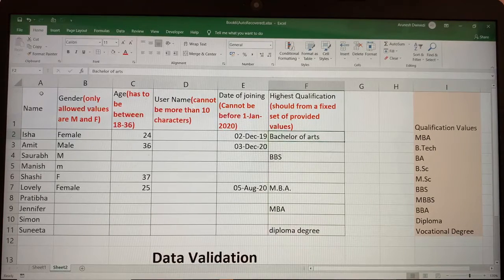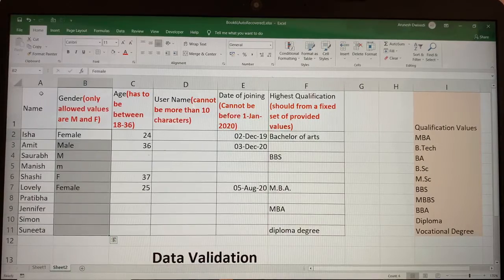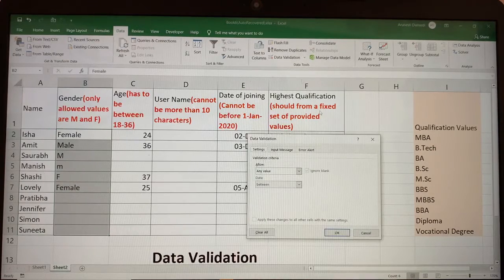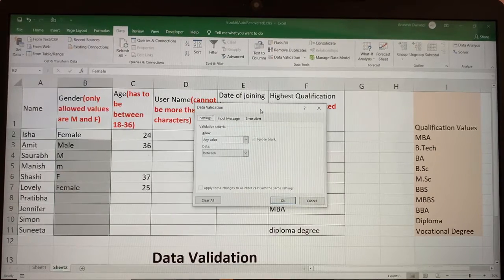First, let's see the simplest form of data validation, which is how you can provide a set of values from which users can choose. Basically you give a drop down to the users from which they can choose the values and put it in their Excel. Let's say in this particular area, I want to apply data validation so that the only values the user should be able to fill are M and F. For that, first you go into the Data tab at the top and then you click on Data Validation,